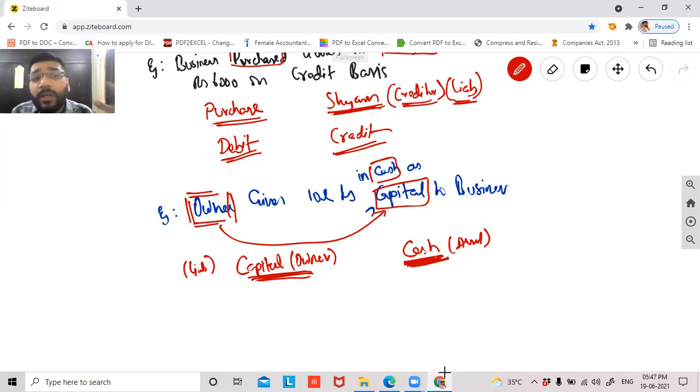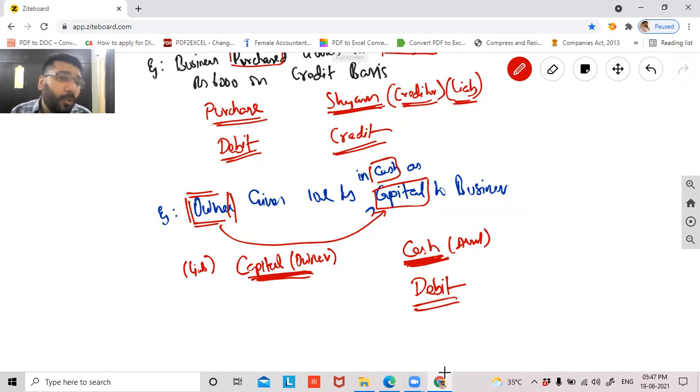So tell me guys, when the owner is giving capital to the business, is money coming in or going out? Cash is coming in. Yes. So you'll debit what comes in. Now capital, that is owner, guys. Obviously you cannot apply the nominal rule here because it has not got any flavor of income, expense, gain and loss. Nor can I take the help of real account because it is not an asset. The only account I can seek help from is personal account.